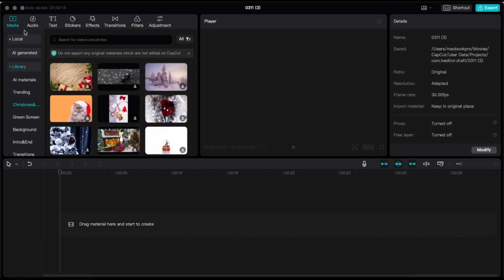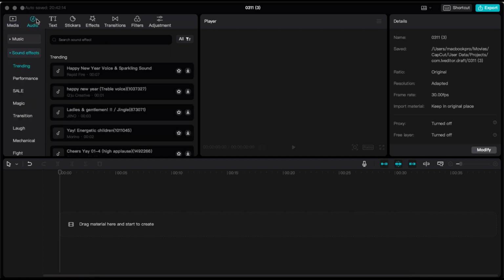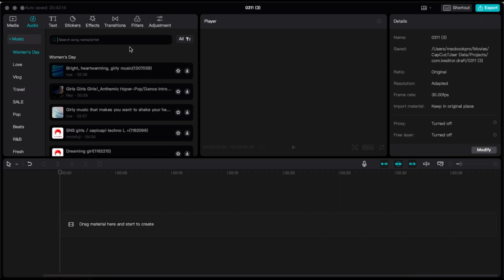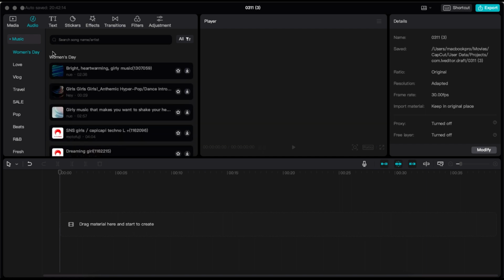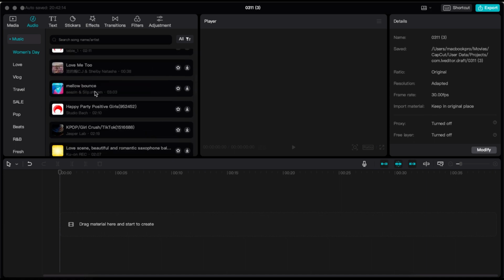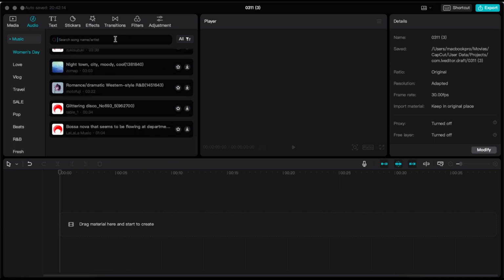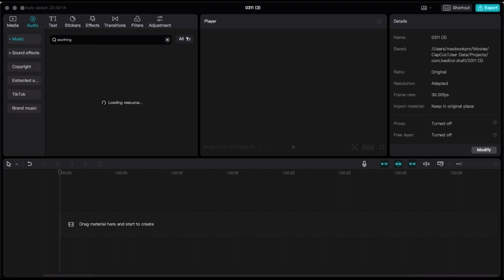Now let's head over to the audio tab. From here, you will find full-fledged songs, and also sound effects. If you go to music, you will see there are many songs. Just recently it was Women's Day, so it is showing us audio in that category. You can search for any audio using keywords,